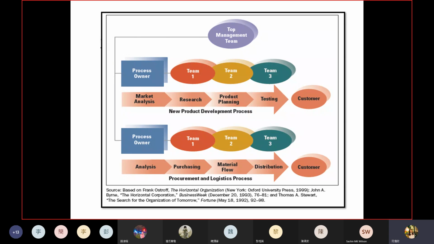The matrix structure is trying to adapt from the two traditional ones in a more innovative way. But horizontal is when the organization tries to assign its resources based on a very different approach, because they base it on core processes rather than expertise, rather than authorities. Okay, so